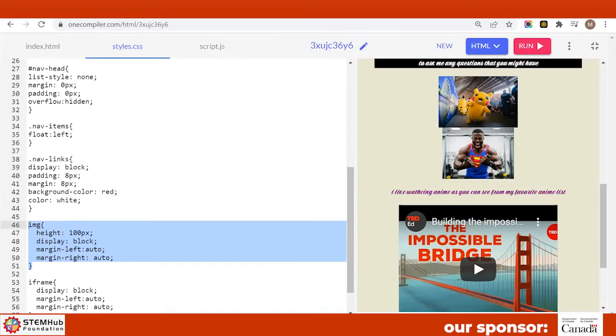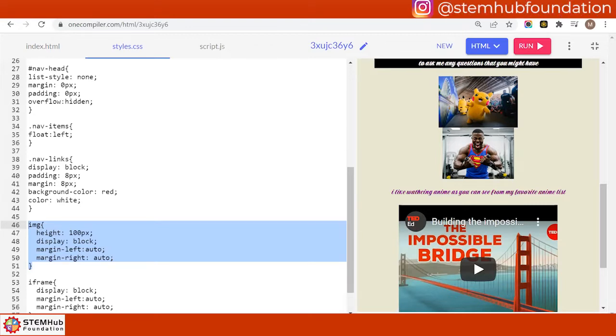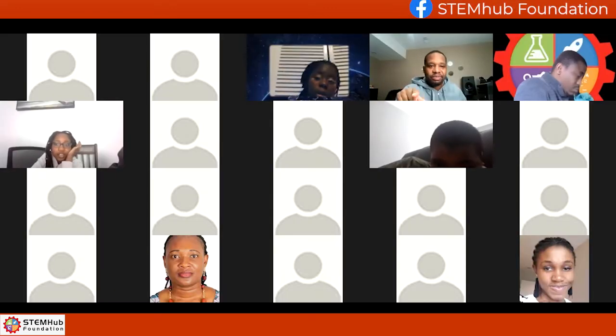So let me know who hasn't done this yet, who doesn't have two images in their HTML, and doesn't have the image code that I just put in the chat in their style CSS. I'm gonna stop sharing because I need to see everybody's screens.